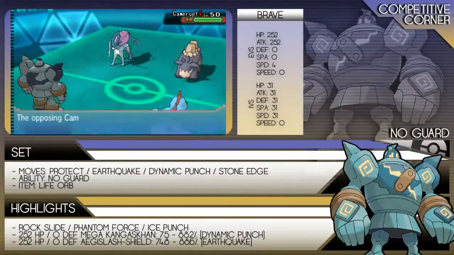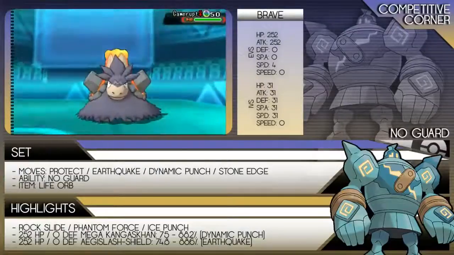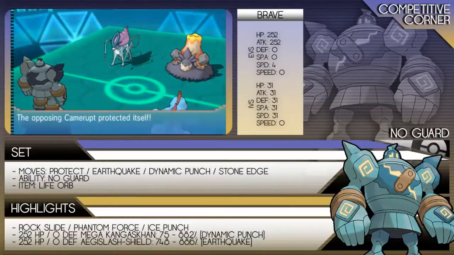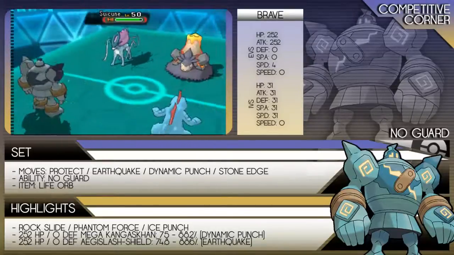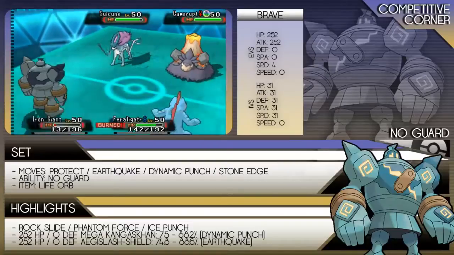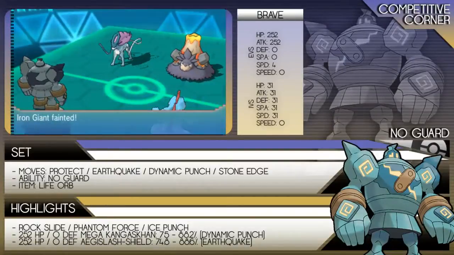And just looking at the calcs here, against a fairly bulky Kangaskhan, it's a 2-hit KO with Dynamic Punch. If they're running 4 HP like a standard Jolly Kangaskhan, you have a slight chance of 1-hit KOing. I think it's like a 30%. It's not very good. Against Aegislash in Shield form, your Earthquake does about 74 minimum percent, and that's actually not too bad, and that's in Shield form, so that's really nice. You won't be really surviving any Shadow Balls or anything though, so it's not the best thing in the world. I mean, this is why I think